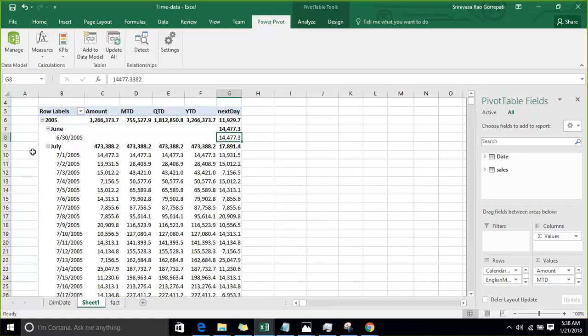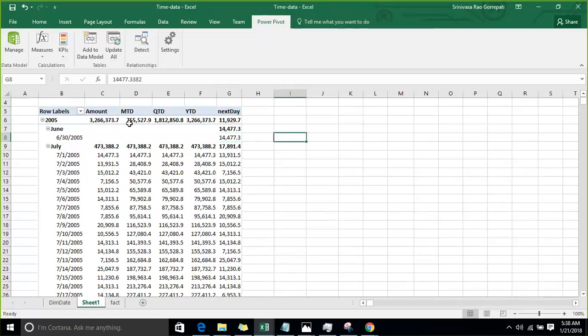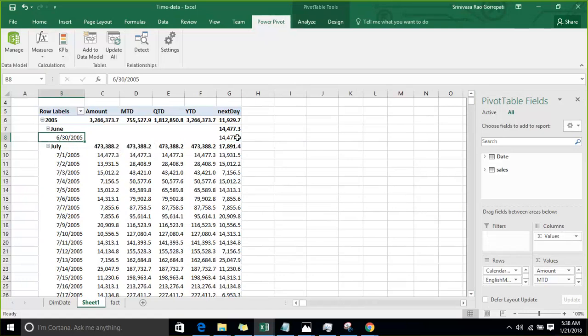And so what is the next day value? What is the next day value, which means the July 1st value, it was represented. For July 1st, what is the next day value? 13,000 was represented. July 2nd, what is the next day value? 15,000 was represented here. So if you want to see the next day value, you can use this next day function. If you want to see the previous day value, we have a previous day function. So similarly, you have a function